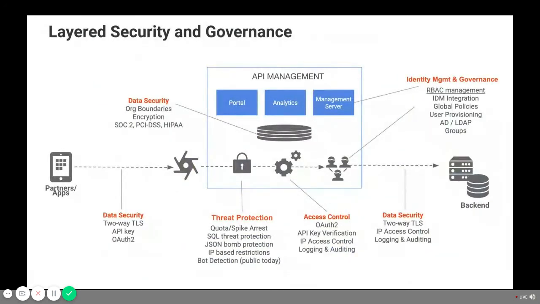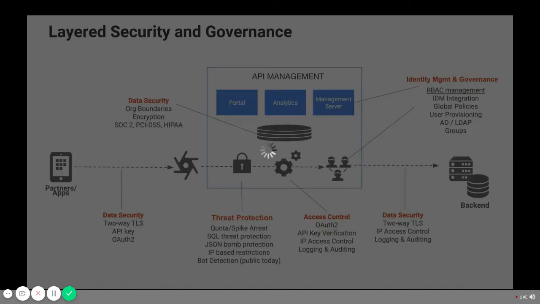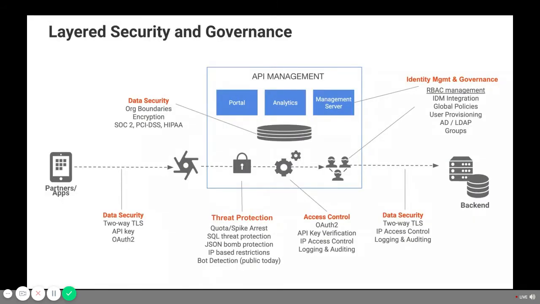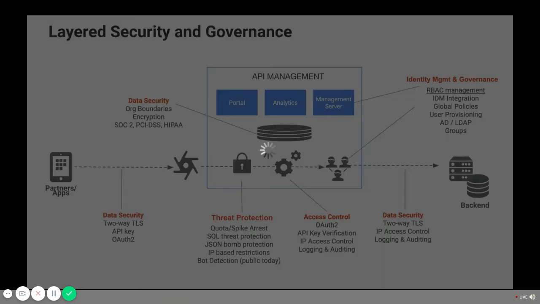So putting all this together on the security context that we talk about, on the left-hand side, the partner apps accessing the gateway through a proxy, where the requirements are things like data security for 2-way SSL, for API key, for OAuth 2, which are all standard for any web or app developers today. Going into the management platform, we talk about threat protection, access control, and identity management. Because for threat protection, these are basic